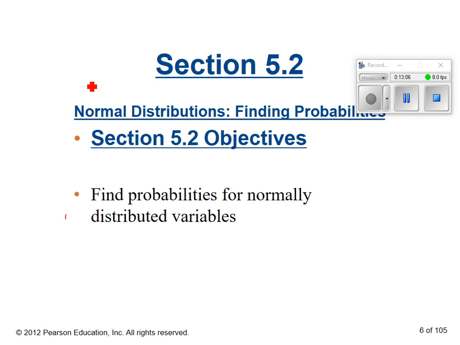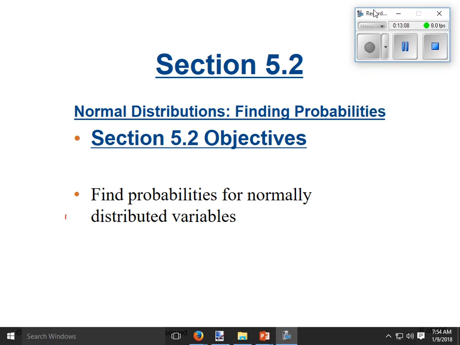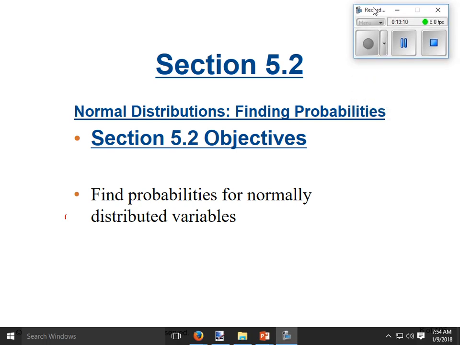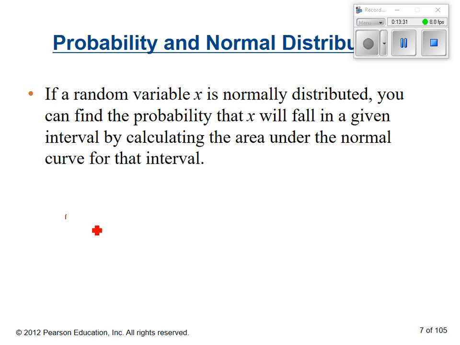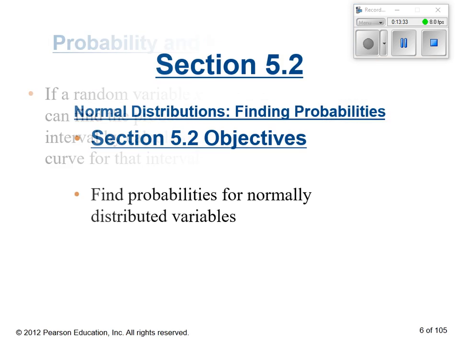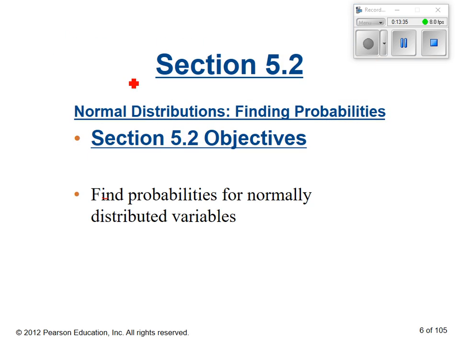What this section's going to cover, finding probabilities. That's why Jacob's paper confused me, because he already had probabilities. Well, I told you last time the area under the curve and the probability are actually the same thing. So we're still doing the exact same thing. All right? One thing you got to remember with this